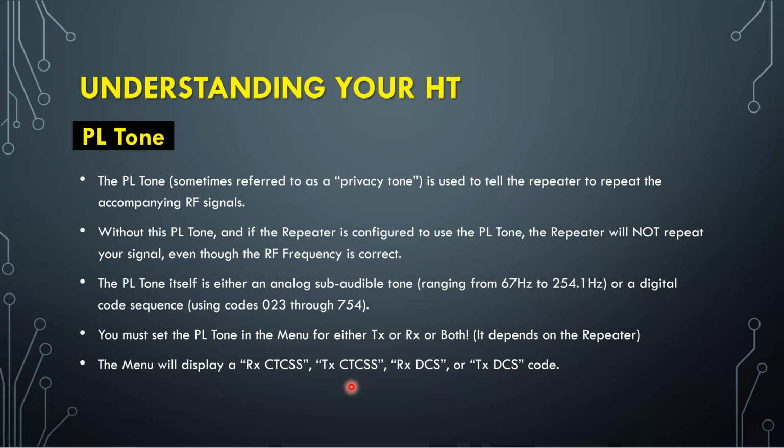I know that works with the FRS radios. I'm not going to bet my job that it works with ham radio. Okay, it probably will. I mean, it makes sense. Yeah, you may hear things you don't want to hear. Okay. So how do you know whether